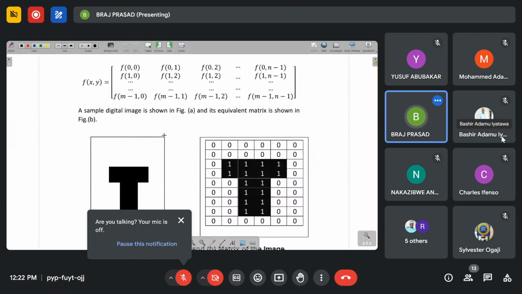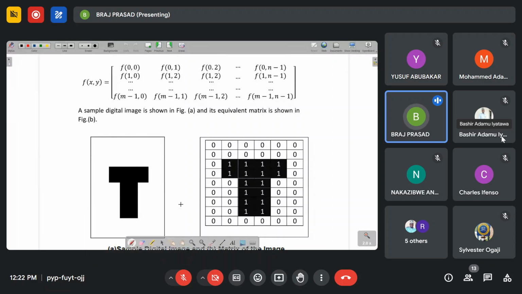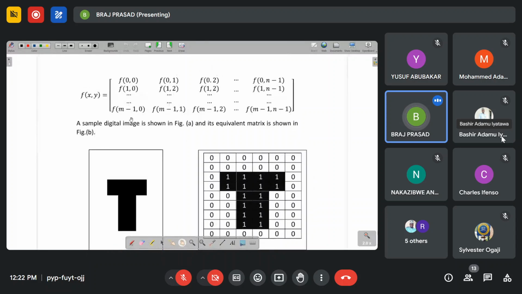So our image is in the form of a 2D matrix. If the maximum value of x is m and the maximum value of y is n, then there is an m cross n